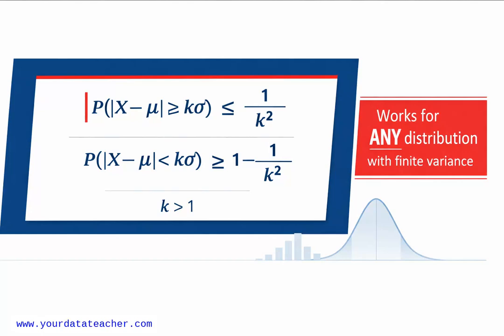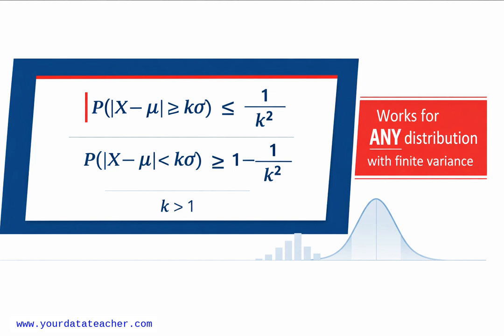Now that we've built some intuition, let's state Chebyshev's inequality formally, as you see on the slide. Here, x is our random variable. It could be daily sales, transaction amount, model error, anything. The symbol mu is the mean of x, its long-run average. The symbol sigma is the standard deviation, which measures how spread out x is around that mean. And k is just a positive number bigger than 1, telling us how many standard deviations away from the mean